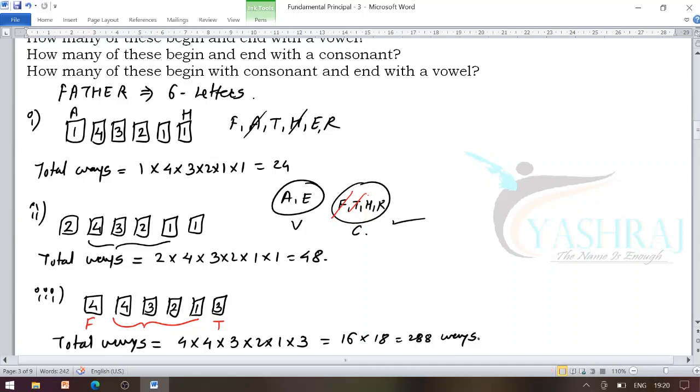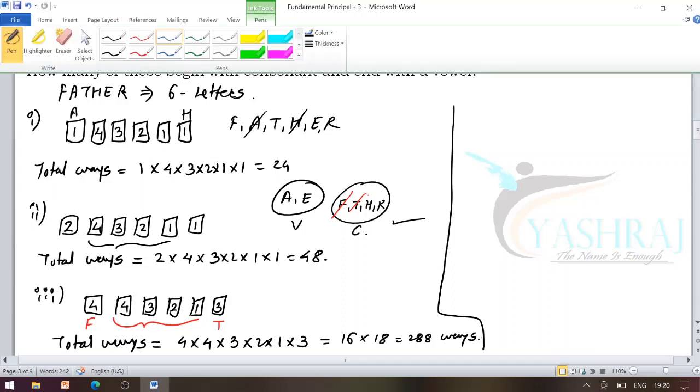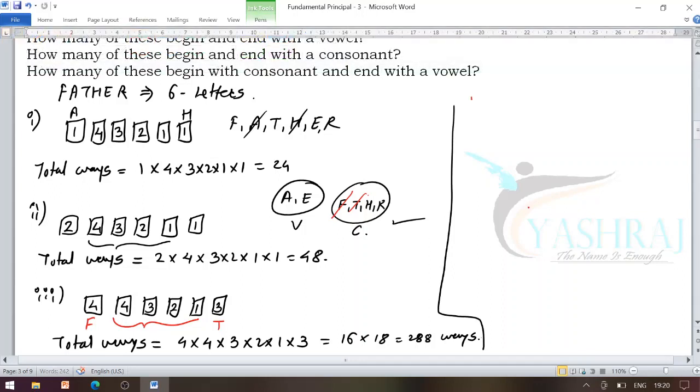You may try those same sub questions by using the formulas of permutation. For the first sub question, we have 6 different boxes to prepare a 6-letter word by using the letters in the word father that should start with A and end with H. There is only one A, so we have 1P1 ways to fill up the first box. Same thing, 1P1 ways to fill up the last box.